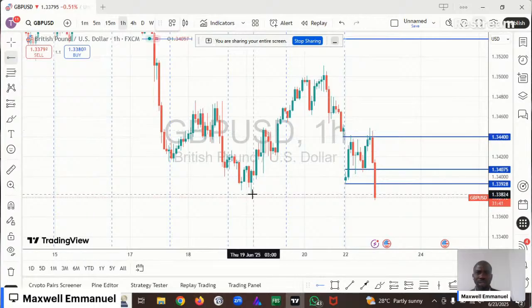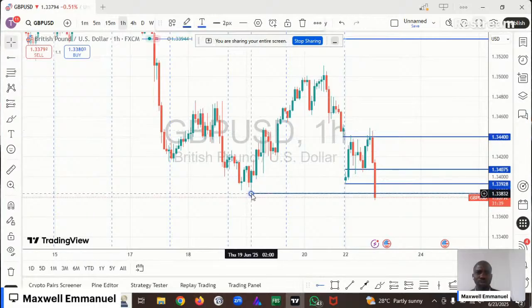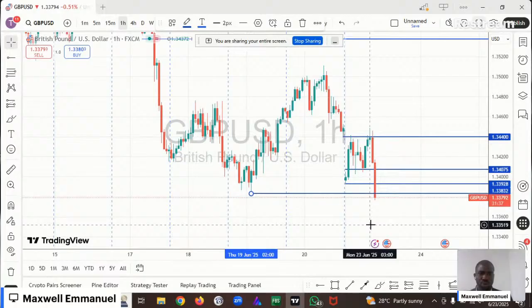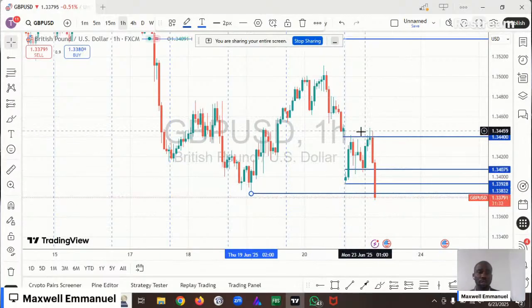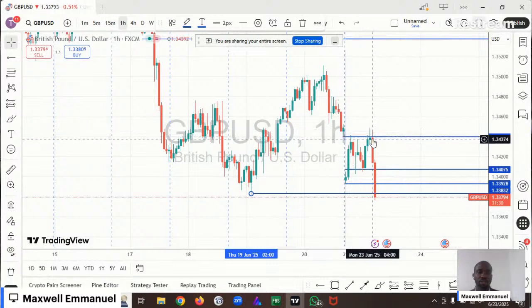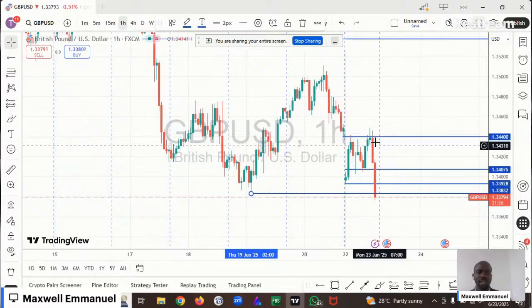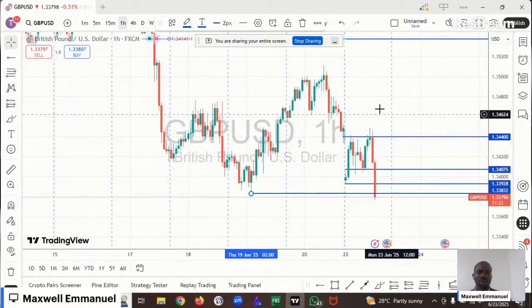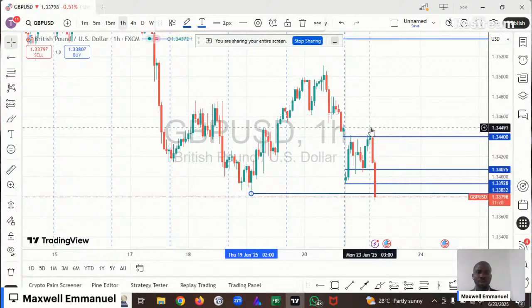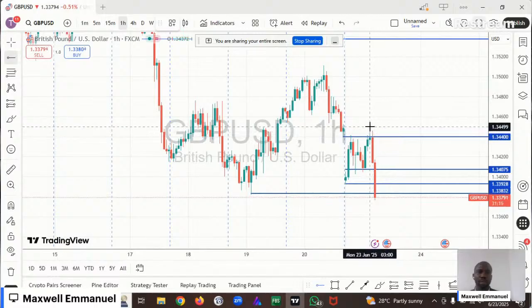And since my bias for the day is buy for GBP, I would have to wait for a bullish reversal pattern to form before buying GBP. For those who wanted to sell, this would have been the best entry for sell. After the formation of this spinning top, you should have entered sell. Because if you are selling GBP from the current market price, your stop loss should be above this level,